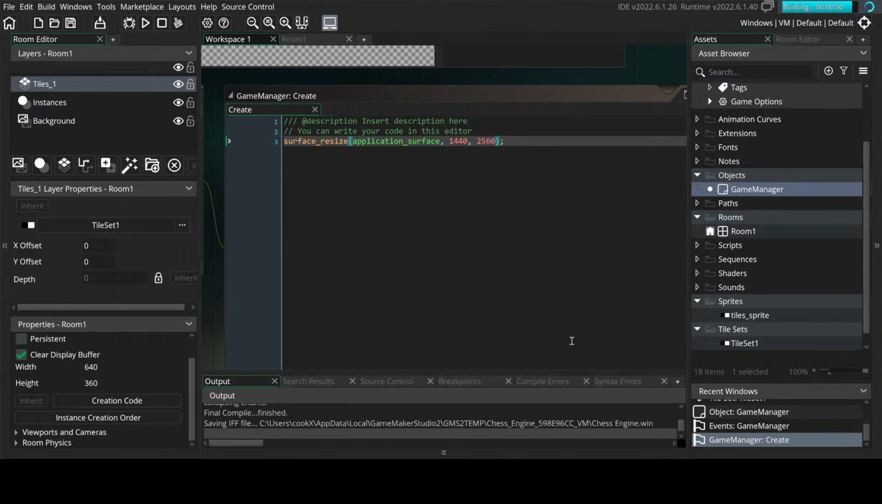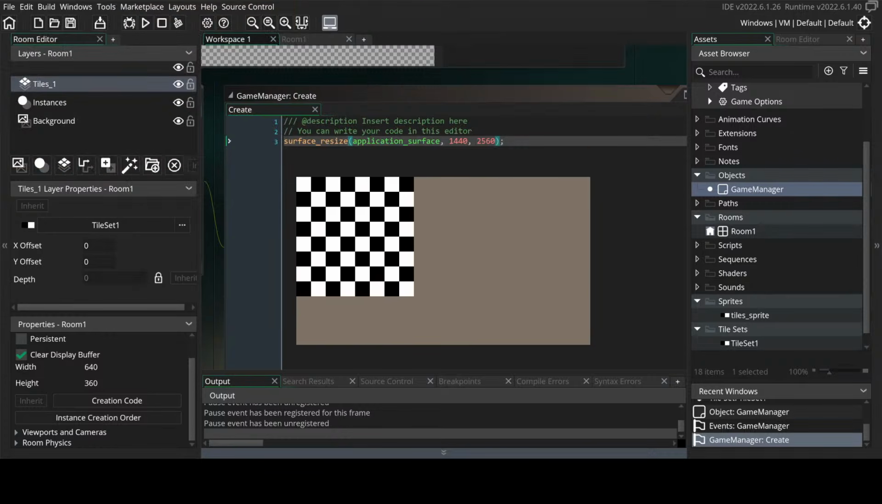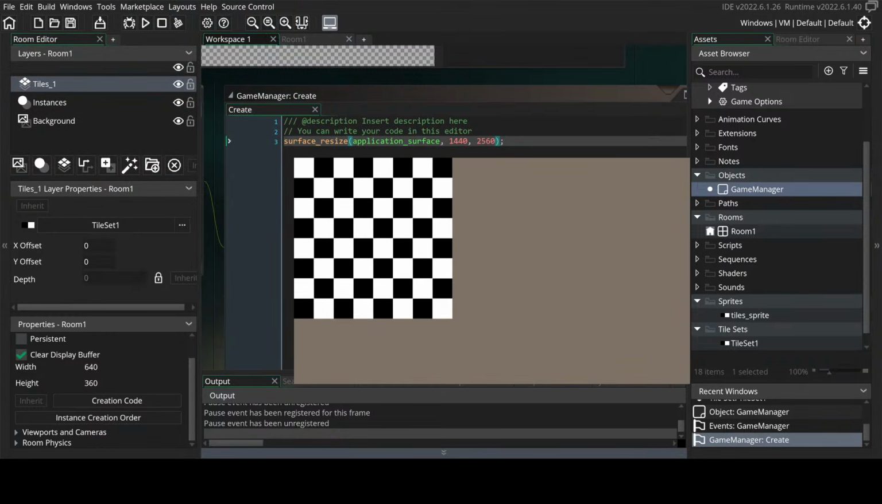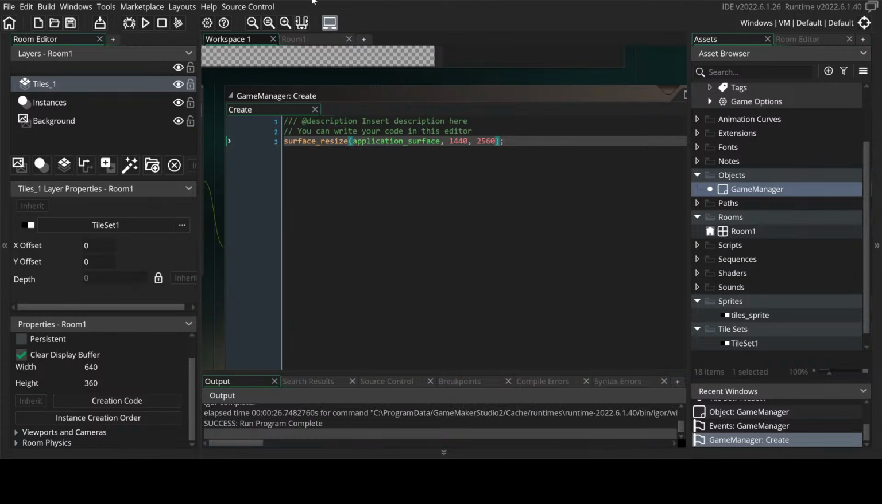All right, now let's see how this looks, and okay, put this in the center of the screen on OBS. But no, that's not the function that actually makes the application surface larger, right? So